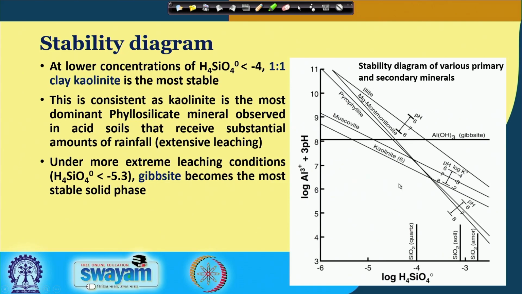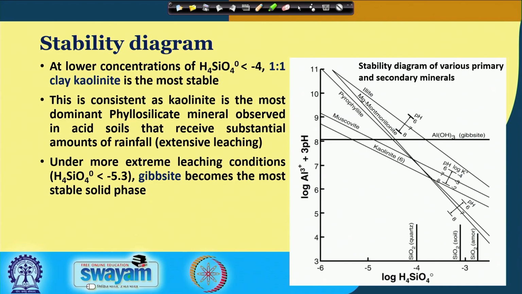So, as the silicic acid concentration is going down and pH is going down, then we can see the predominance of gibbsite instead of kaolinite. This shows that this is the basis through which we can develop the presence of different clay minerals at